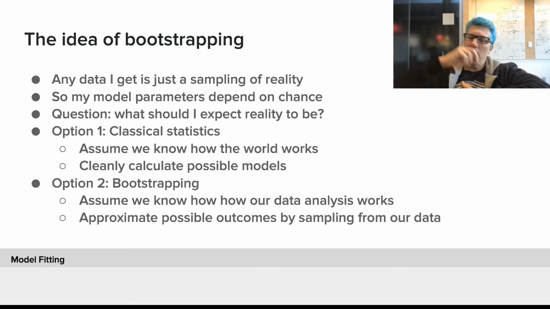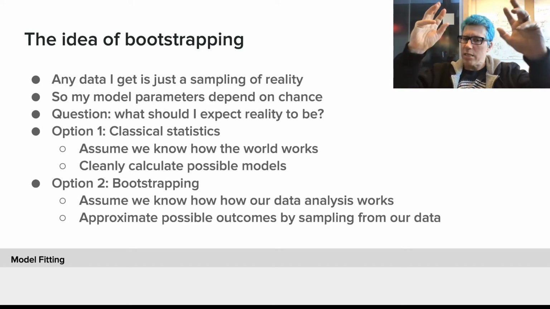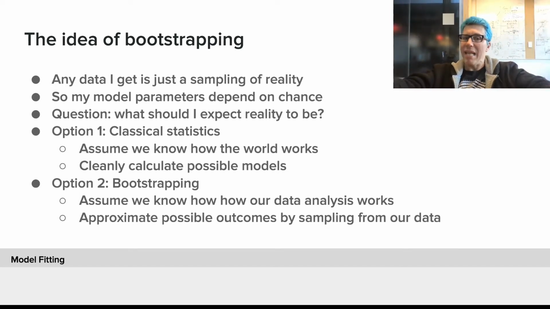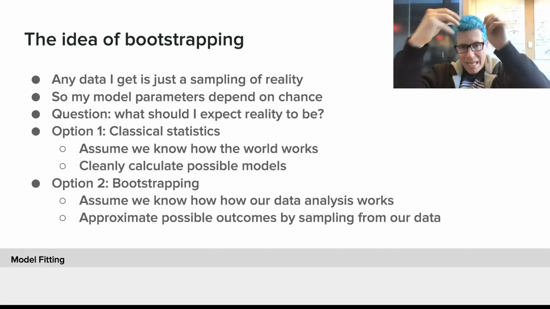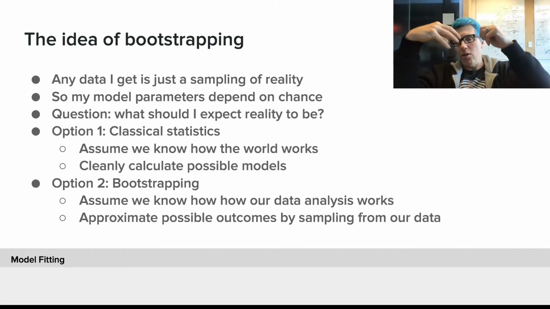But the question that I want to ask usually is not what's the property of my data. The question that I want to ask is what should I expect outside in reality to be there? And there's arguably two kinds of ways how I can answer these questions. Now I want to make a statement about the population that is out there. And that could be the population.